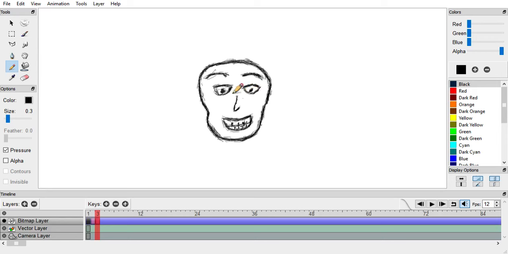Okay, let's go over this a little bit. He's got no eyelashes, but that's all right. I'm terrible at drawing eyelashes, so we'll forget about that. I don't know whose face this is. I just started drawing, guys. This is what's coming out. I have no idea what I'm doing. We're just having fun.